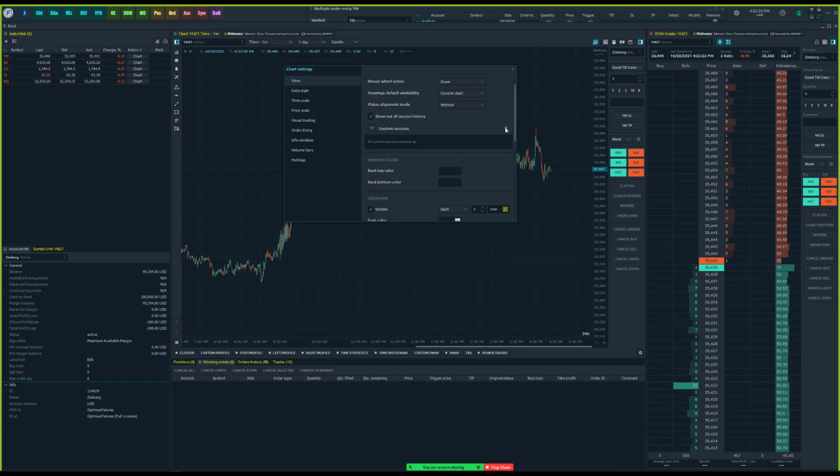We have custom session timing. So if you're a trader that only trades the US stock market, 9:30 to 4 every day, you could literally plot it in here, name it whatever you want, maybe NYSE, and then type your custom time frame in there. All you do is highlight the minutes, hours, or seconds field, or AM or PM. If I want to switch to PM, I click the up key on my keyboard, apply changes,